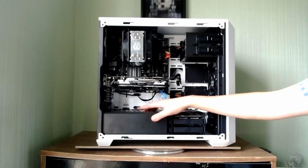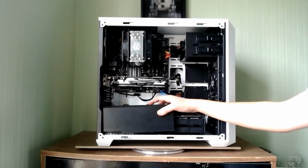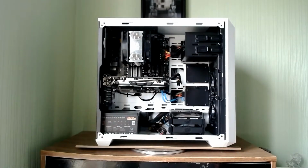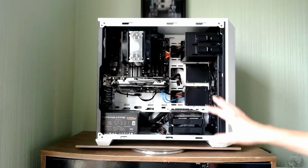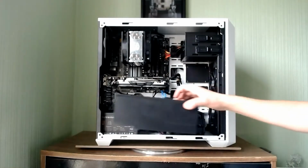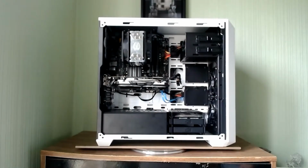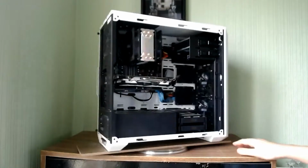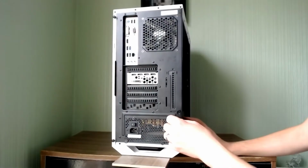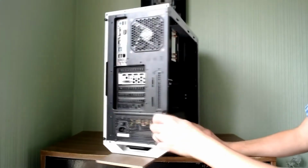Now you simply slide it and lift it, and there's your power supply. So straight away, to me personally, this looks a bit messy. You might think otherwise, which is absolutely fine, but I personally like to keep it on. Now I have seen a few people design their cases, because this is classed as a showcase case,